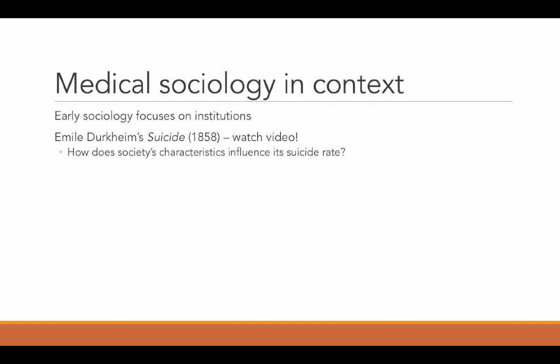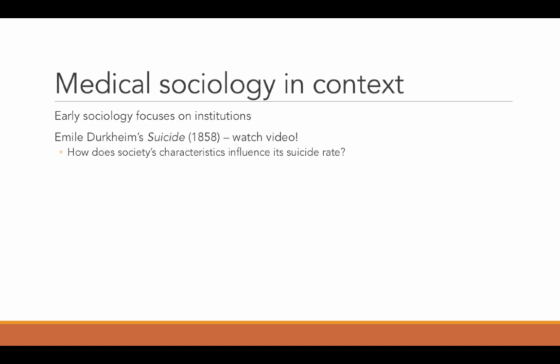So let's switch really quick to giving you a brief look at the history of medical sociology and how this came about as a field within sociology. Early sociologists, and here we're talking about the mid-1800s, were focused mostly on social institutions. So again, things like the economy, religion, education, the family,